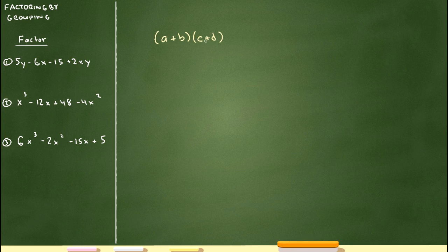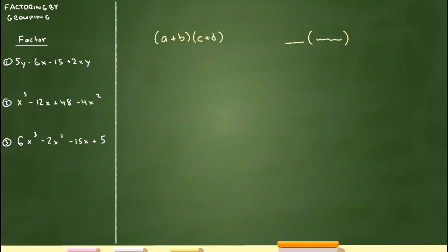Now, as opposed to factoring out the greatest common factor, if you recall, when you factored out the greatest common factor, we had some monomial expression, and then it was times a bunch of stuff in parentheses, however long it happened to be, but it was a monomial times something else. And if you distributed that monomial to each piece in the parentheses, you would end up with the original statement. Now, in the case of factoring by grouping, we're going to end up with answers that look like this: a